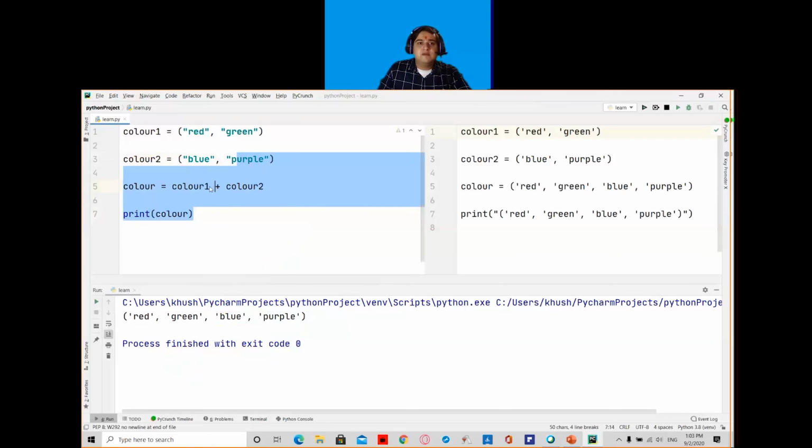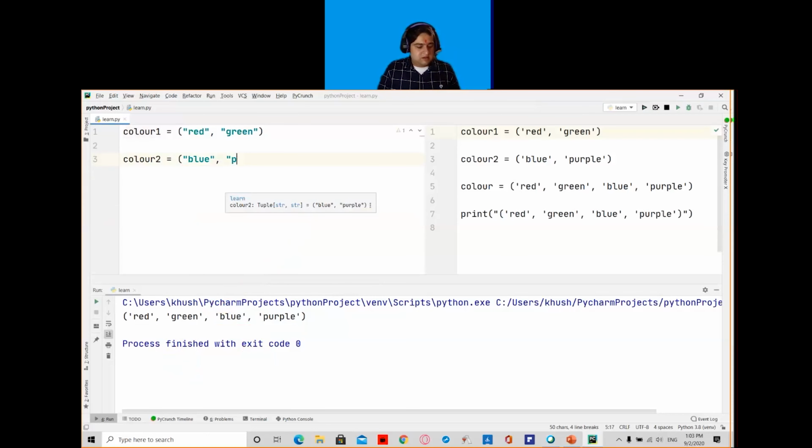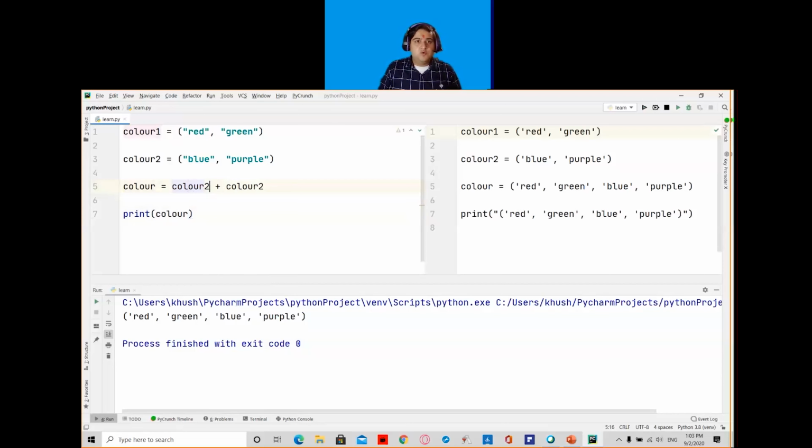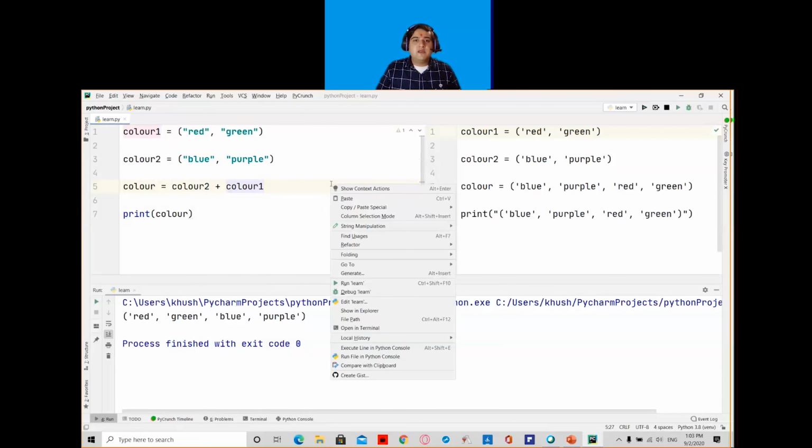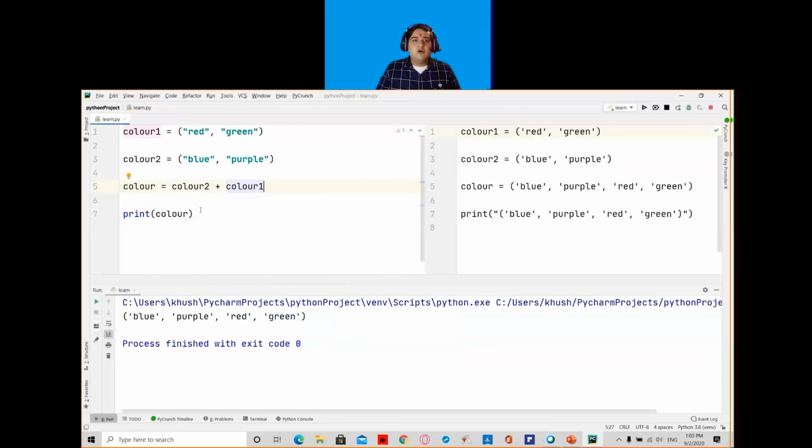So I will write color2 plus color1. Now if I run this program, it will call color2 elements first, which is blue and purple, followed by color1 elements, which is red and green. So this is how you will join two tuples.